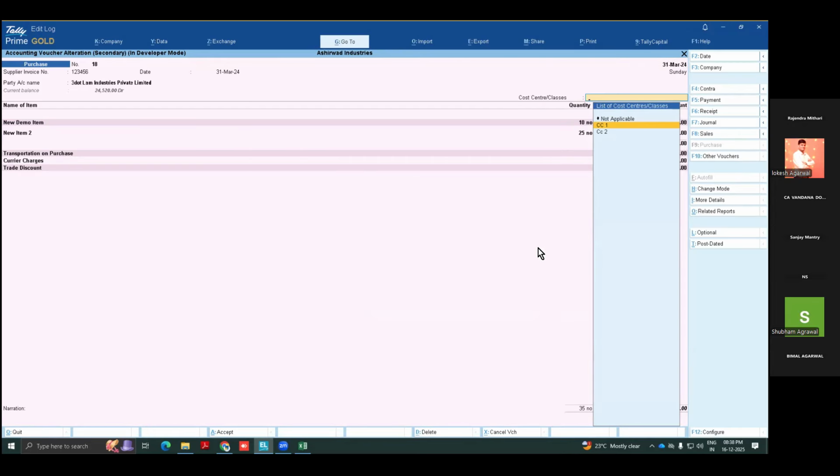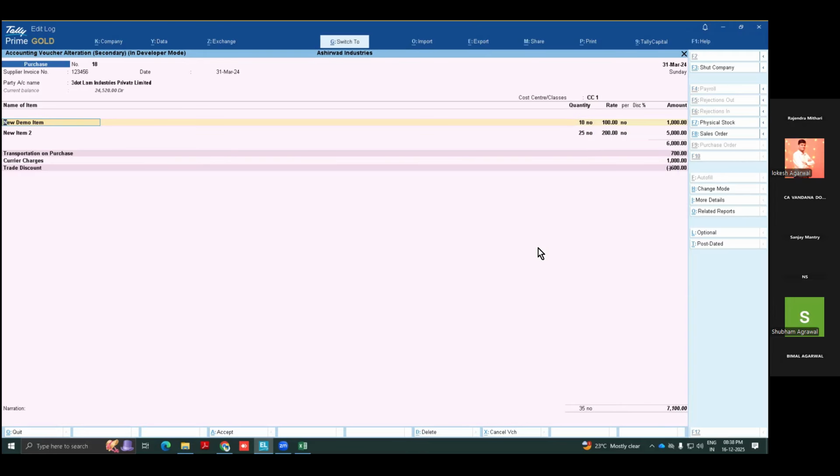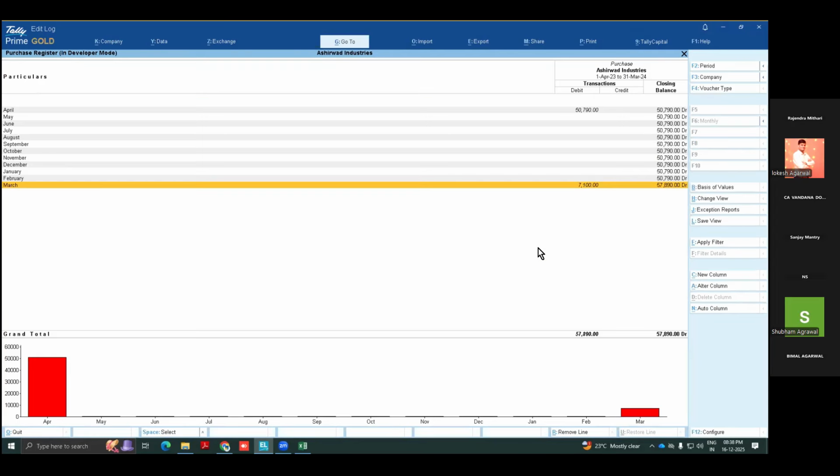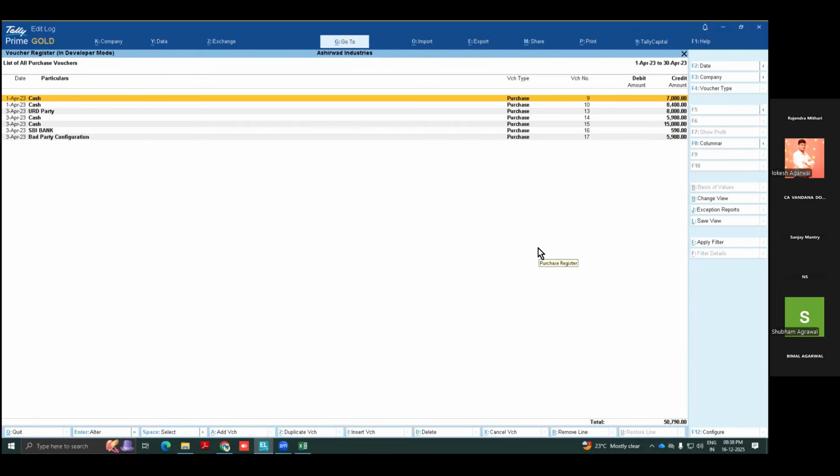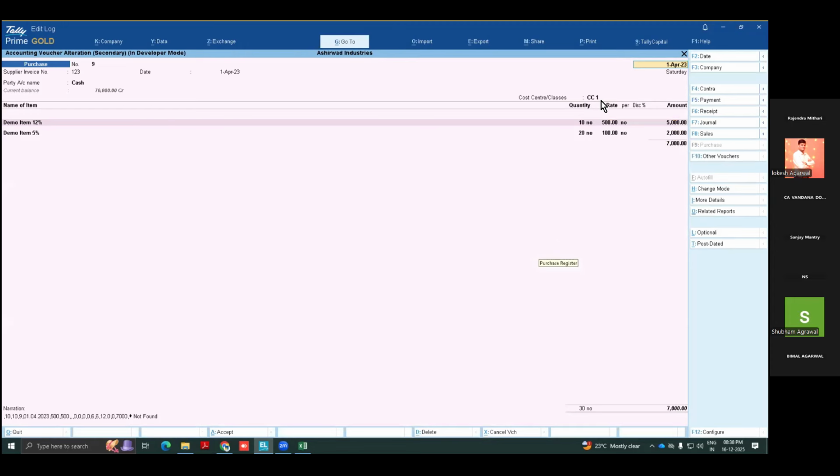Okay. So any type of purchase and sales or payment and receipt or journal voucher, debit note, credit note you are passing, you can select here the proper unit, proper business segment. Select here the segment. CC1 is my segment, Control A. I will just move to another entry, and here I am saving, unit 2, CC2. That's it.